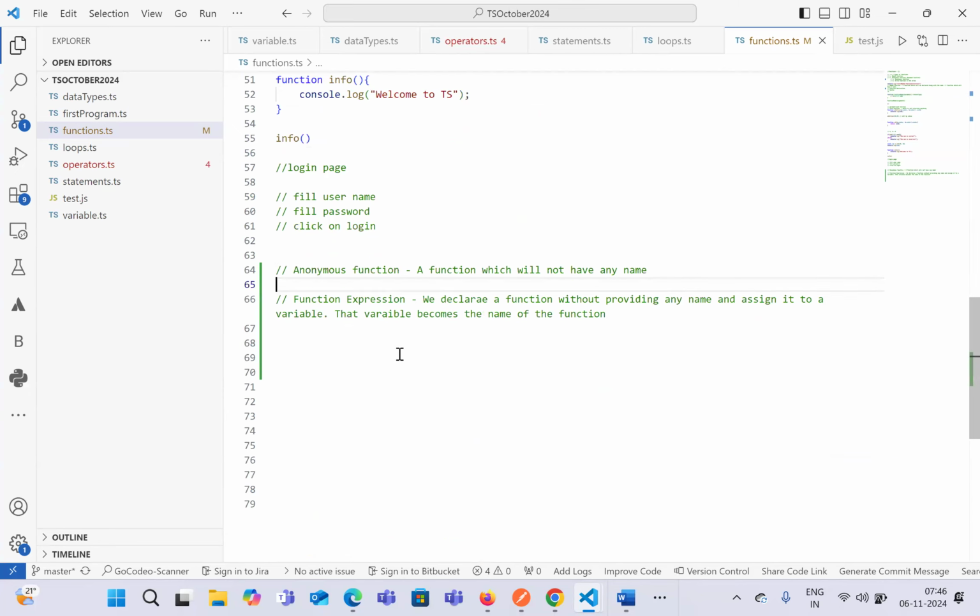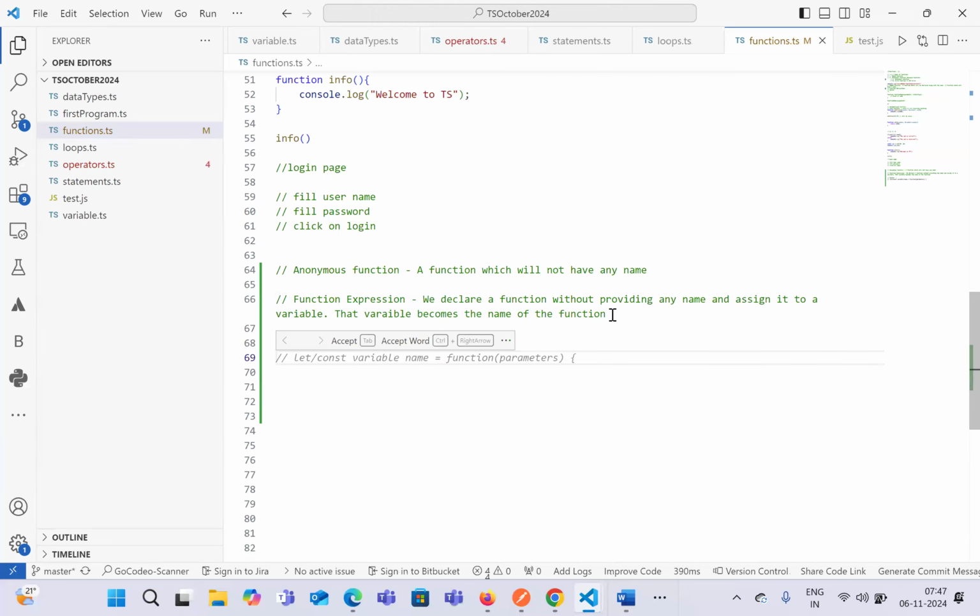Whereas in terms of function expression, we declare a function, and that function will be stored inside a variable. And the variable name, whatever we provide, will become the function name going forward. Let's see the syntax and then you will understand it better. So if you see the syntax in terms of function expression,